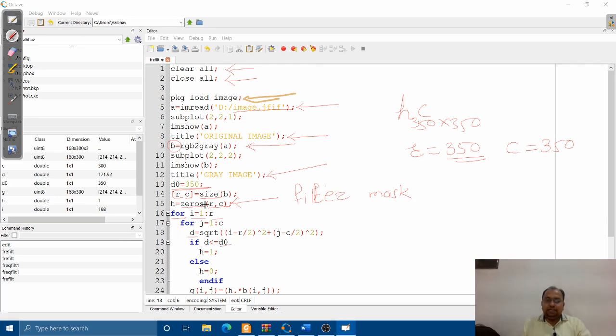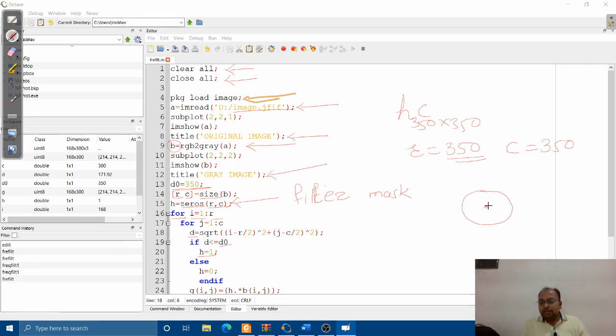Now we are going to use the for loop so that if this distance is less than, let us say, 350, then we are going to mark it with 1. That means we are going to create the circle of distance. Let us calculate this distance. So the distance we are going to compute, and every time it is going to get updated. It will get checked with the D naught whether this distance is less than 350 or not. If it is less than 350, h will have the value 1. If it is not, then h will have the value 0.